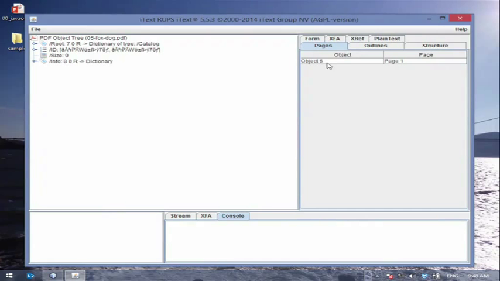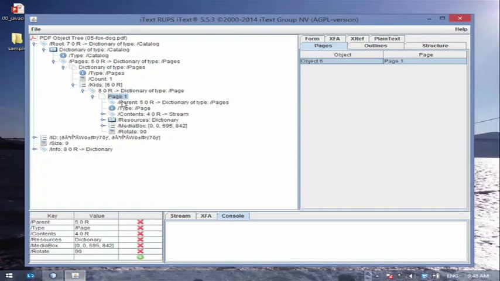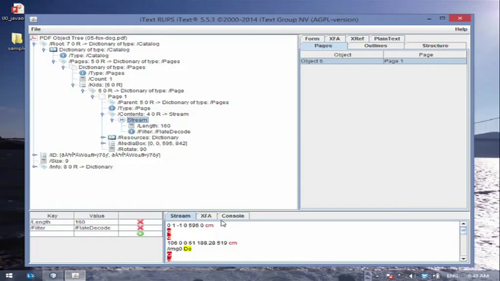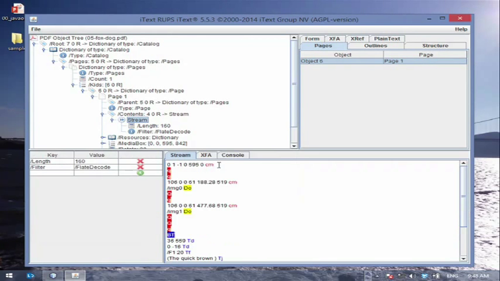Inspect PDF. If I look at the structure, there's no structure tree in this example. If I look at the page, I will see that the content stream starts with the images. So iText, if you don't set this PDF as tagged, will try to organize the content in such a way that the images are written first so that they don't cover any text. If you want images to cover text, you have to tell iText to maintain the order in which you add content. And so the images, we have some positioning information, and then go to a resource.